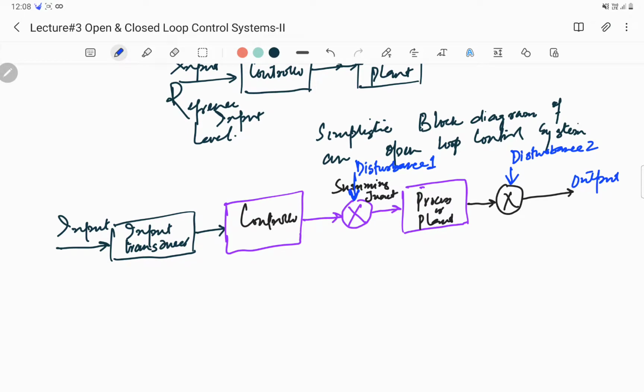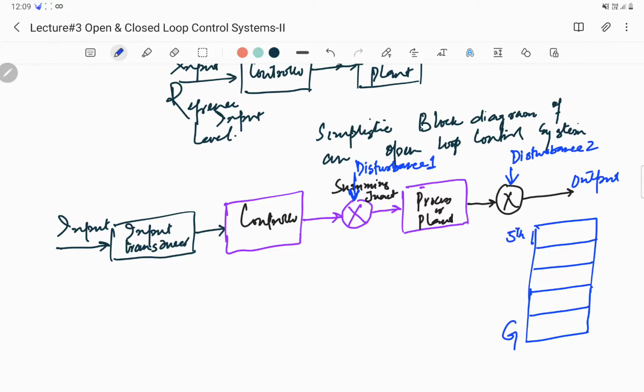Now let's try to understand this block diagram by the example of an elevator. As we have already discussed the example of an elevator, say for example we are inside a tall building and we want to go up from ground floor to the 1st, 2nd, 3rd, 5th floor. So once we enter the elevator, we push the button 5. As I said, the push of the button would be the input. So when we press button 5,